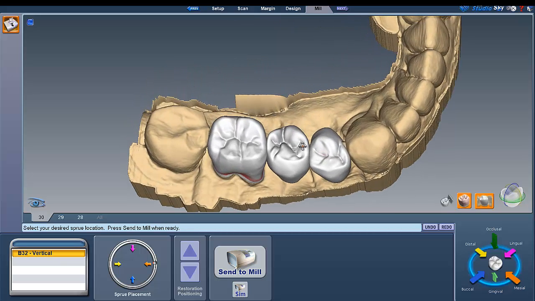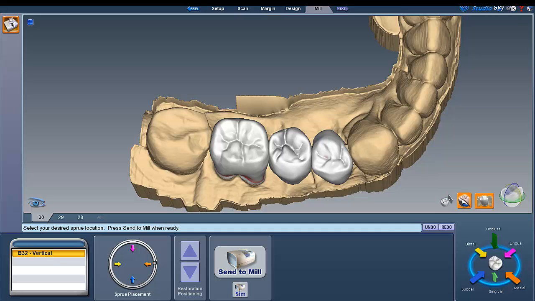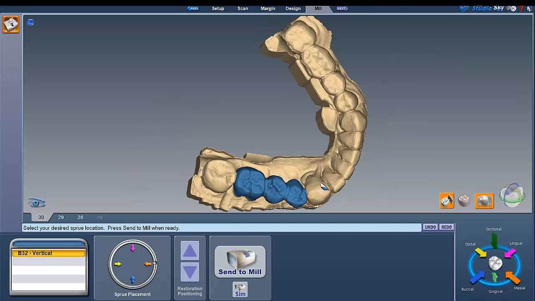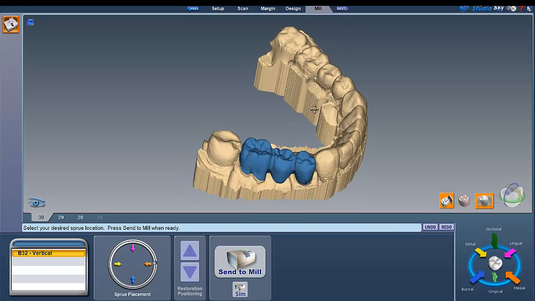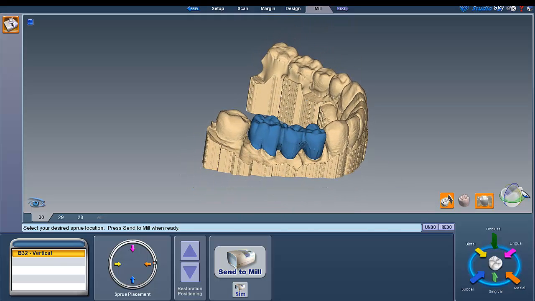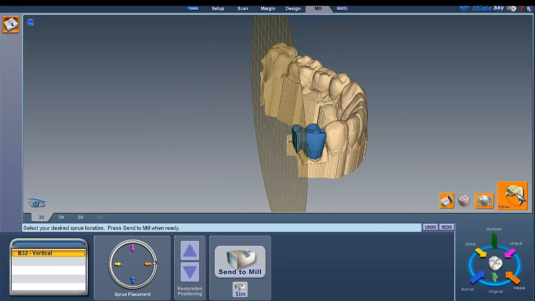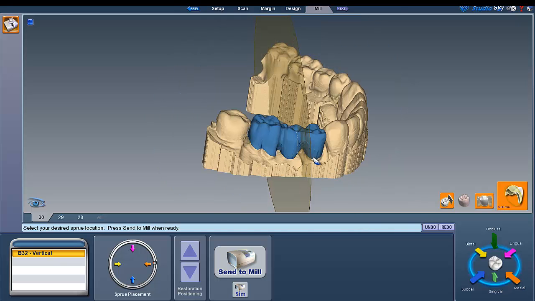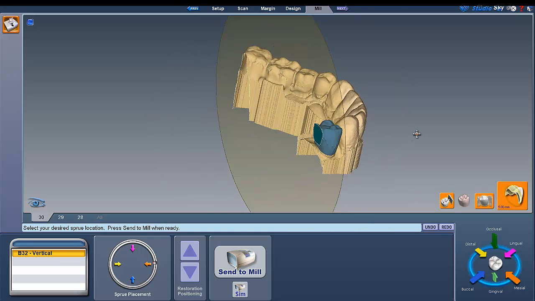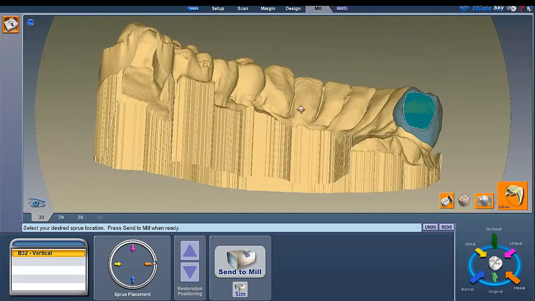Now the next thing we're going to want to do is to do a mill sim. We want to make sure that we have proper connector thickness. So I've already done the mill sim here. And what we want to do is to use slice plane, click it twice, and then slide ourselves over to these connector spots. And what we're looking for here are